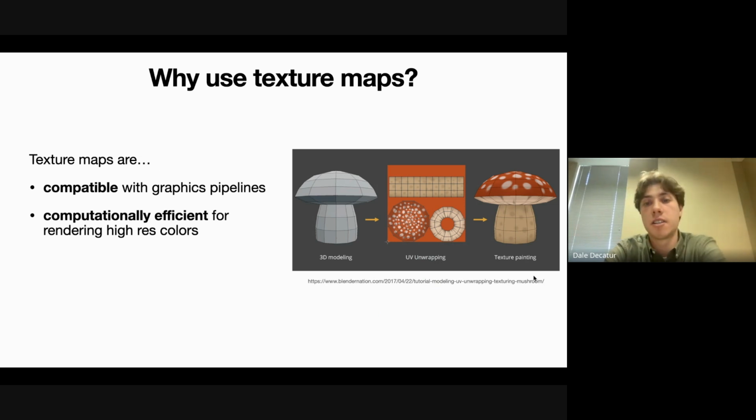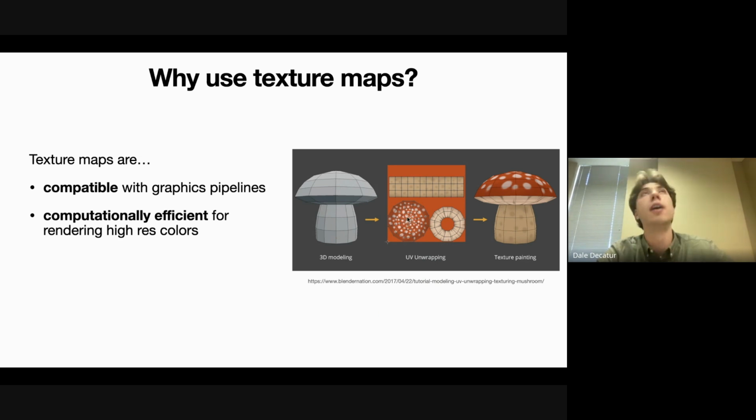If you look at this example to the right, we have a somewhat low resolution mesh of a mushroom. And then we have a UV parameterization that maps the 3D surface to the 2D plane. And then we have some texture map in this 2D plane that describes the color of the surface of the 3D shape at every point. What we can notice is that the resolution of this texture map is much higher than the resolution of this mesh. So you can have points that are in between the vertices of this mesh, but actually have very high frequency details in the texture because you have a high